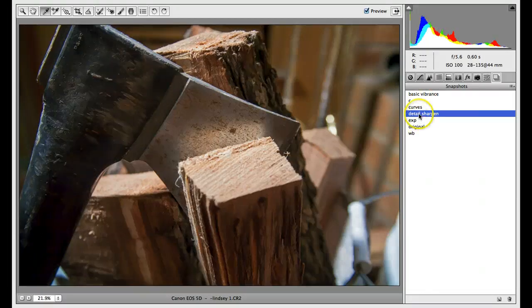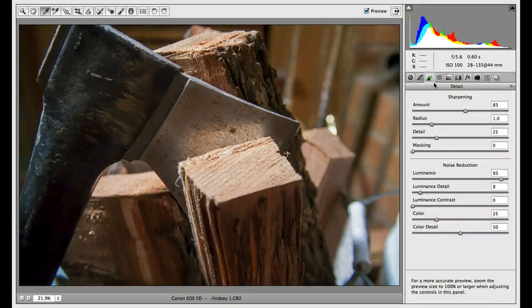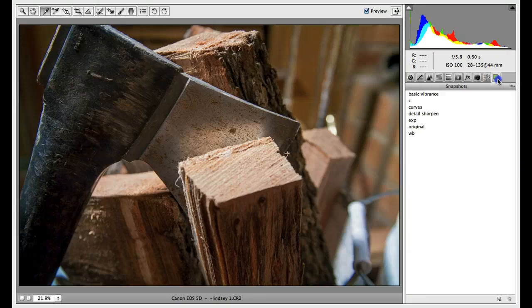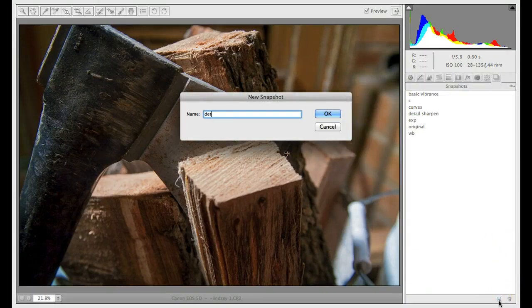So I'm going to go back. I'm going to make sure I'm clicked on that one. And I'm going to figure out what's going on here. Oh, no wonder. Okay, there it comes back. See right at the bottom? Okay. I'm glad I noticed that. So I'm going to say detail sharpen